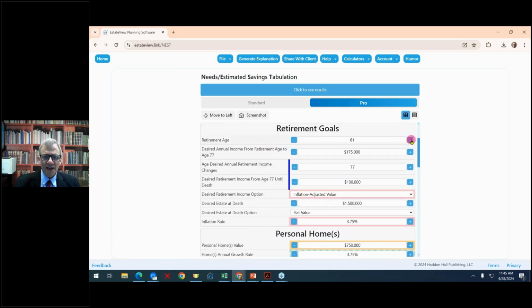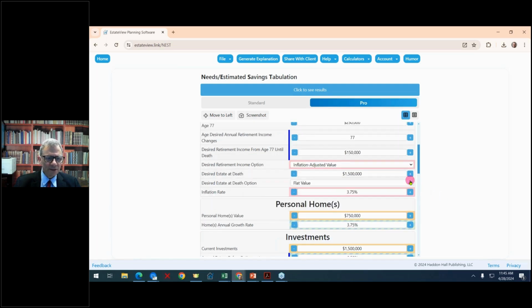Would like to retire at age 63, would like to be able to spend $250,000 a year in today's dollars. From ages 63 to 77, at 77, would like to spend $150,000 a year, and will want everything adjusted for inflation, and would like to leave at least $1.5 million for descendants on death,